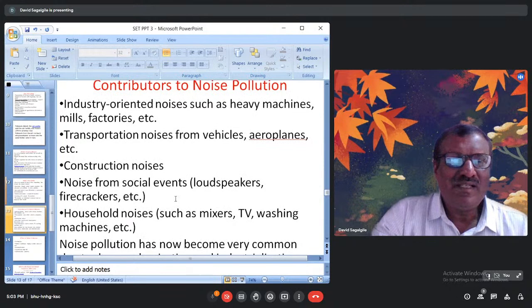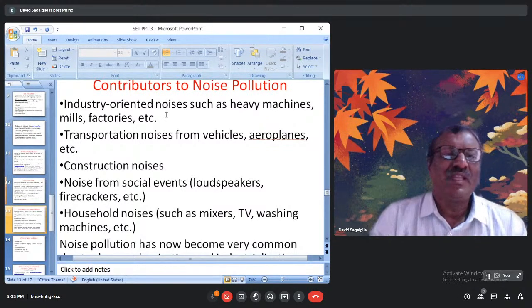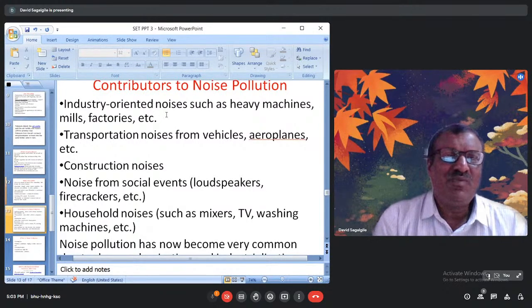Then industry oriented, who are the main contributors to noise pollution? Industry oriented noises such as heavy machines, mills, factories, etc. People who are working with heavy machines, people who are working in the industries, because of the huge amount of sound and noise that is caused in these industries, they are subject to this noise pollution, which has got a huge impact on their health, which has got huge impact on their mental wellness